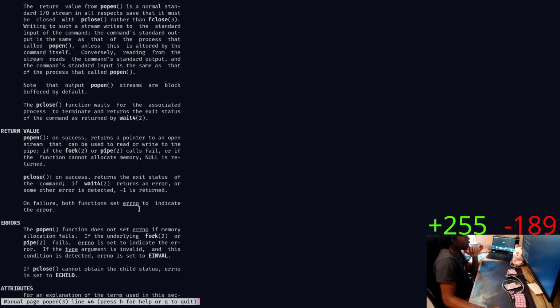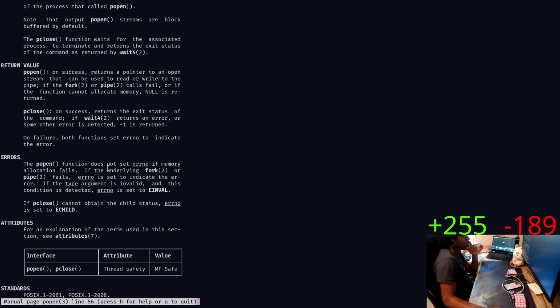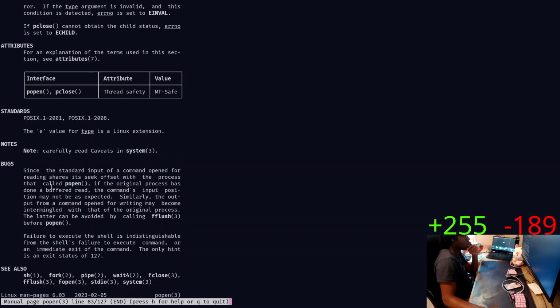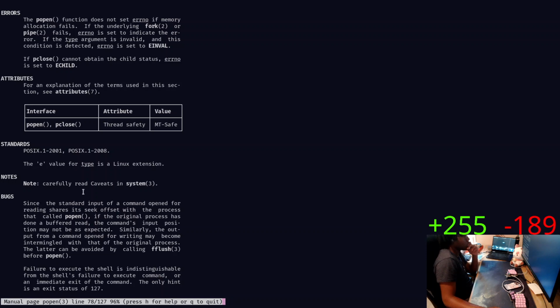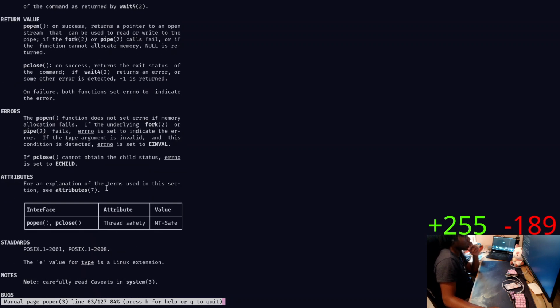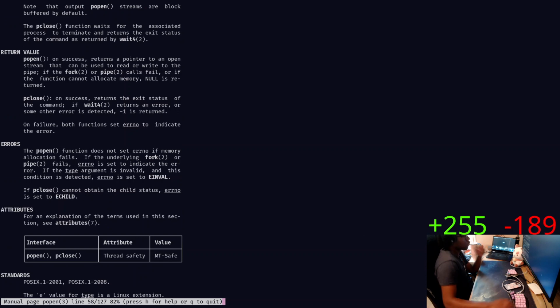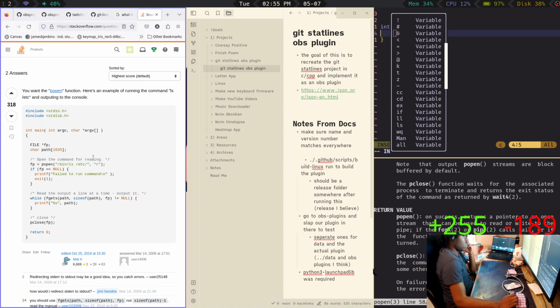If the fork calls fail, so you open the actual file and then, oh, you're calling the entire command. Shit.